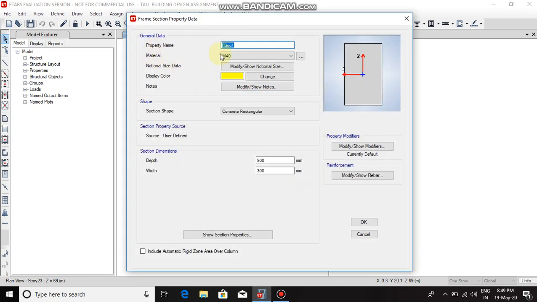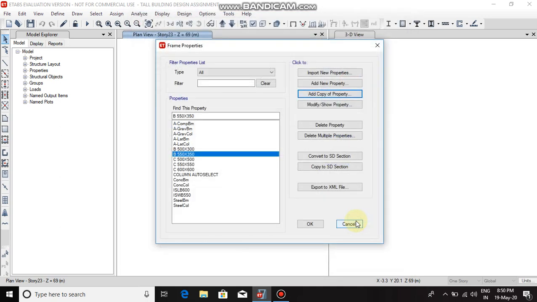Now select this beam property and add copy of property. Change the property name to B 550 mm by 350 mm. Material as M40. Change the depth to 550 and the width to 350 mm. Click on OK.